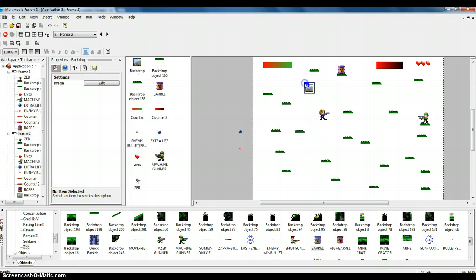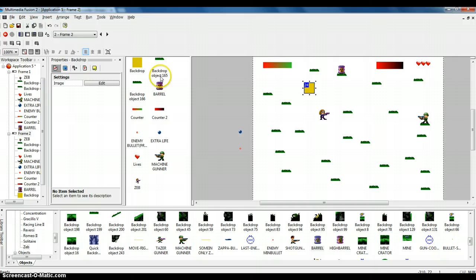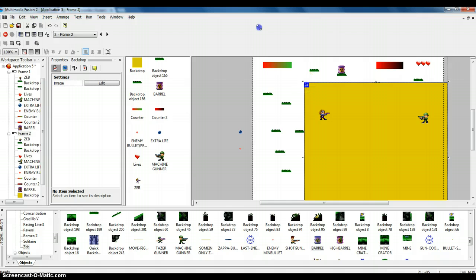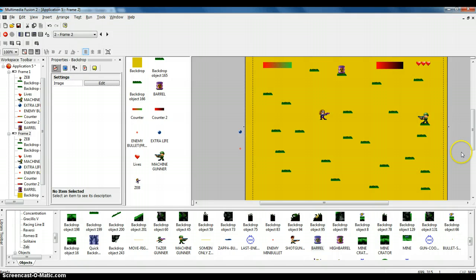Hit OK. Click here. I'm going to double click on backdrop, and I'm just going to fill this in. First off, I'm going to erase it. If I can find my eraser in here. Just going to go through and erase what's here, and I'm going to make the backdrop just a solid color. So I'll go on my fill tool, and let's choose this yellowish color. Hit OK, and then I'm going to transform the size of it so that it really just fills up the whole frame. And then I'm going to right click on it and go to order to back. Okay, so now my level 2, if I push F7 to test this frame,